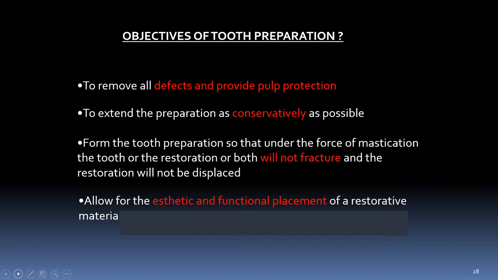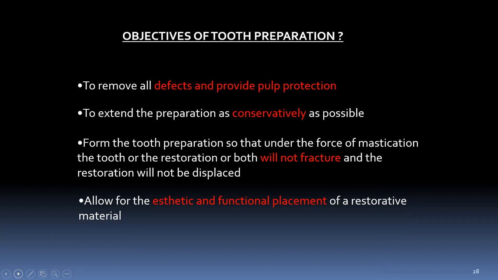Then coming to the main topic, that is the objective of tooth preparation. The main objectives of tooth preparation include: we have to remove all the defects and provide pulp protection of the tooth, and extend the preparation as conservatively as possible. That means we have to conserve the tooth structure as much as possible, and form the tooth preparation so that